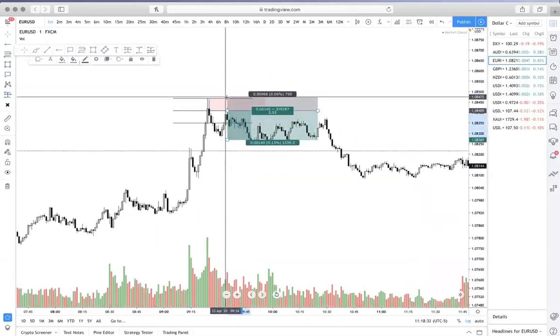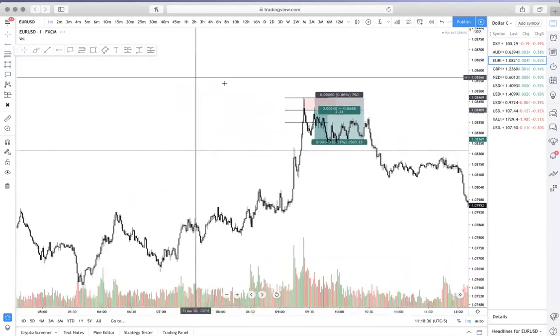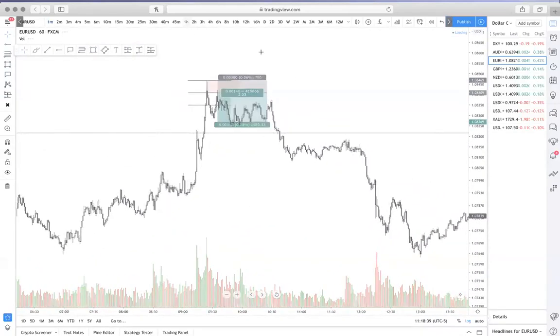Right, and then you put your stop just above the high. You can even do it there, 6 pips. That's well enough to give it room. All right, and when you're thinking of target,